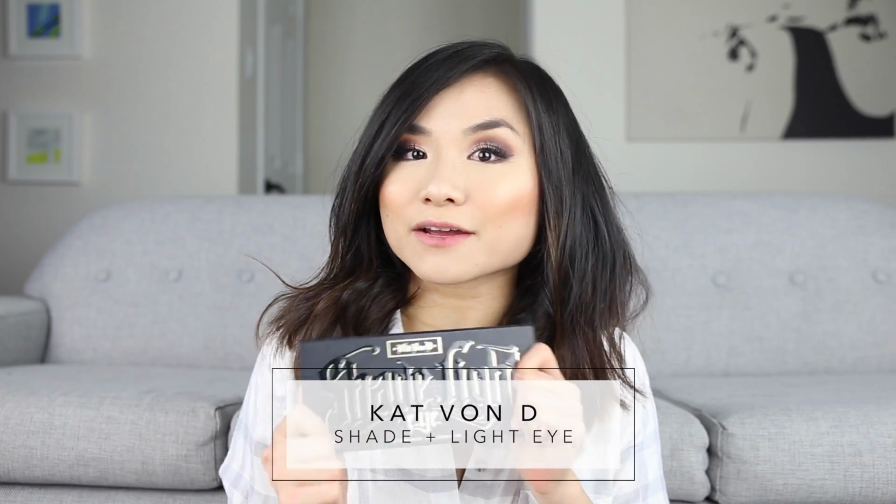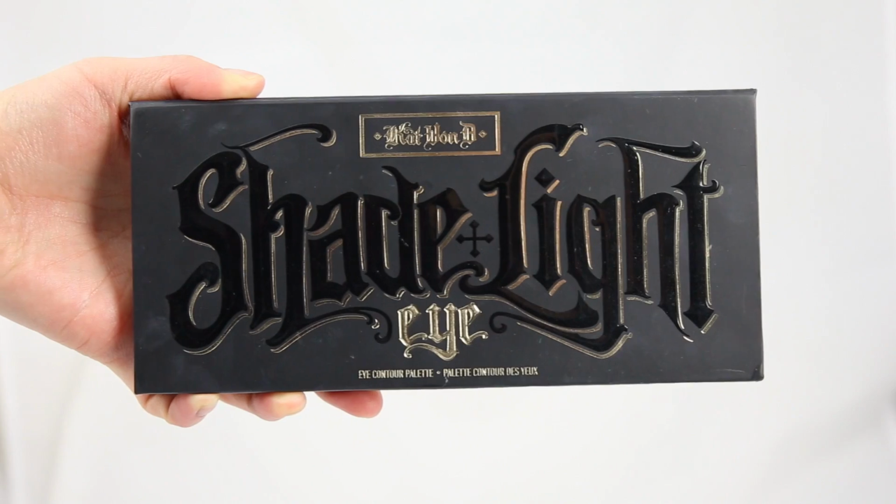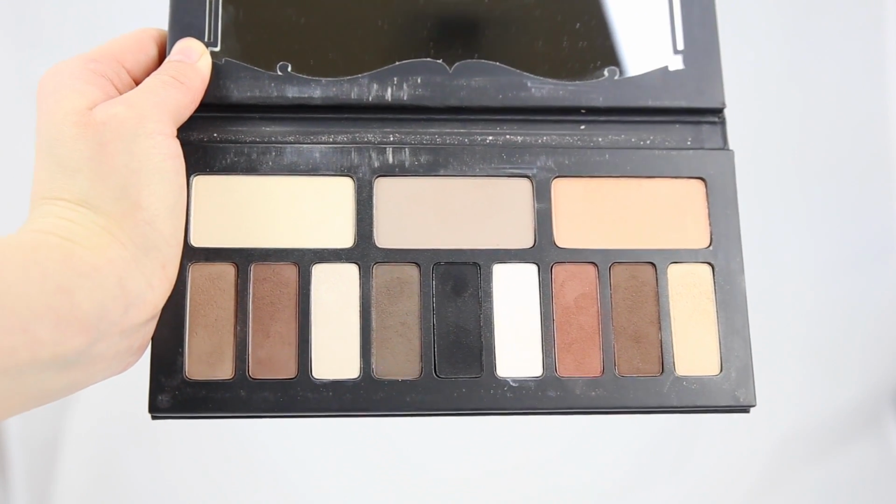Then for my second favorite, this is the Kat Von D Shade and Light Eye Palette. You guys probably saw it in my everyday makeup tutorial. I actually got this palette around Christmas time and I was using it before I picked up the Makeup Geek eyeshadows. I have to give it a shout out because I think that it's probably the most versatile,